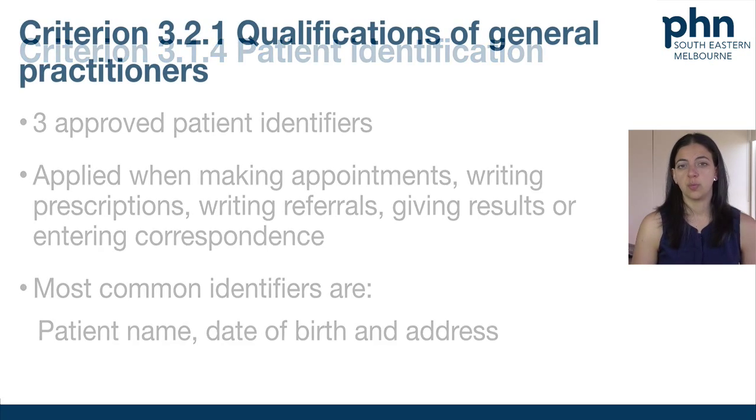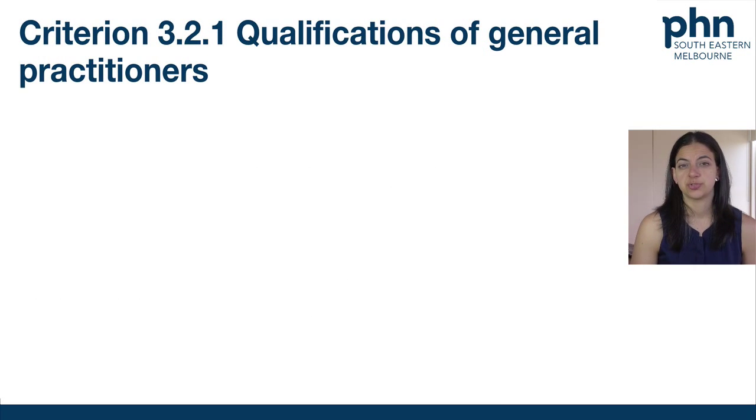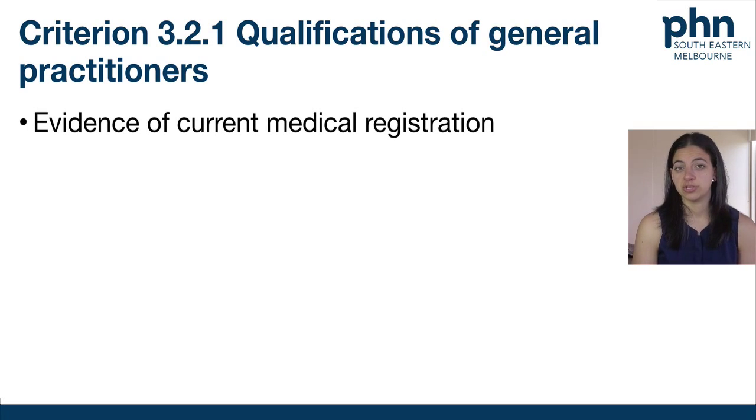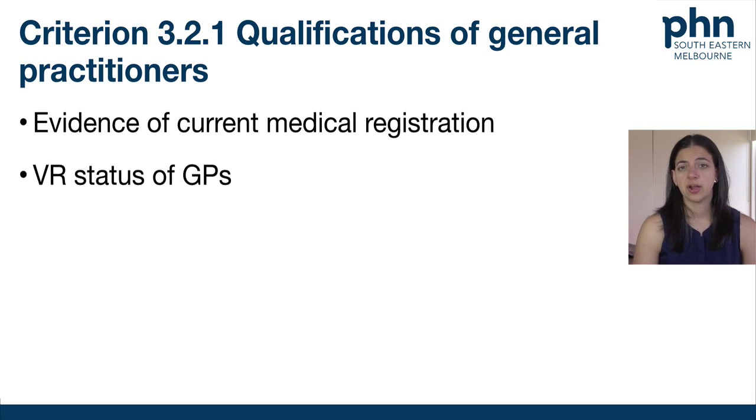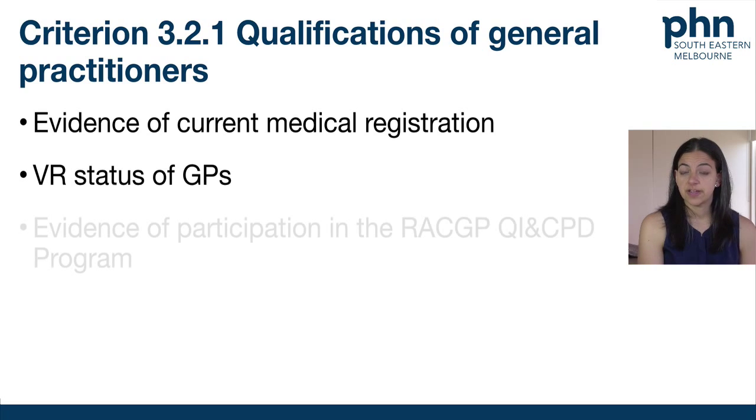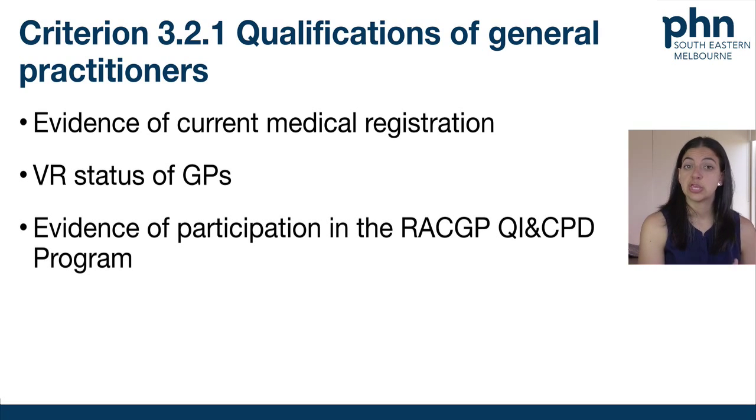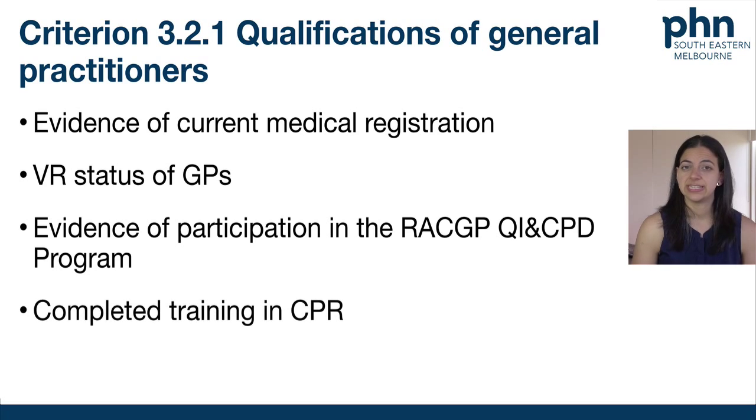Criterion 3.2.1, qualifications of general practitioners. You will be required to provide evidence of appropriate current medical registration for your GPs. For all recognized GPs, you will also need to produce a VR status confirmation letter, which can be obtained from Medicare. You must also collect evidence of satisfactory participation in the RACGP QI CPD program, so that's their CPD points, for all your GPs. You also need to show evidence that they've completed their CPR, at least in the last 3